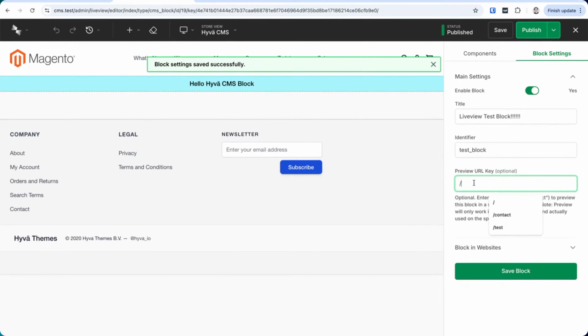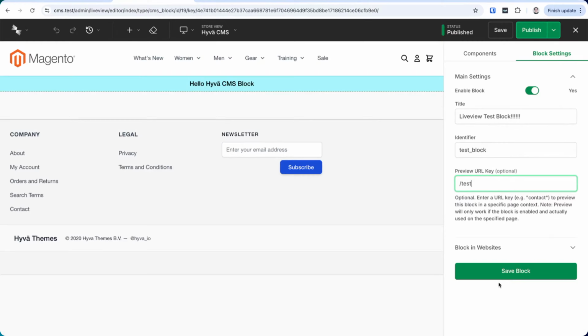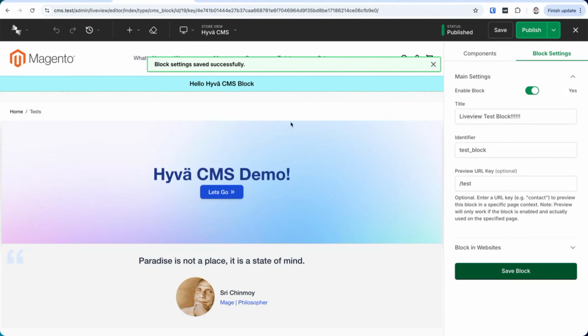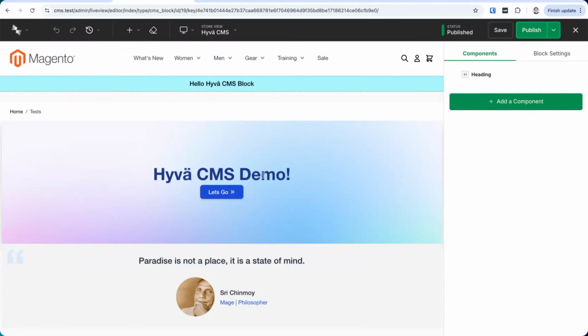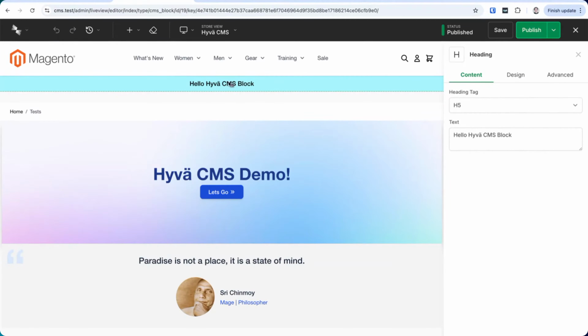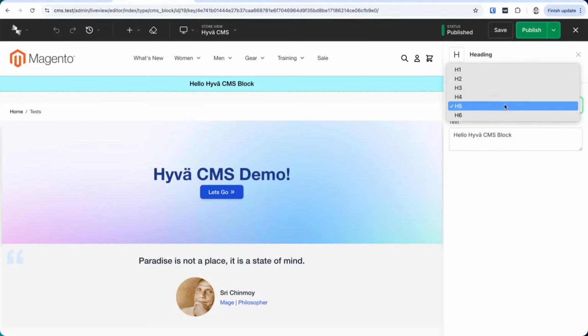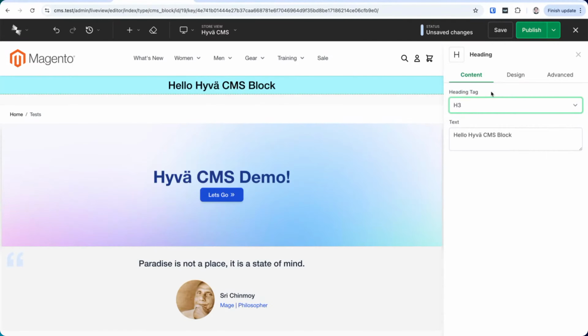Or actually, let's go back to test. Yeah, test, that's even better. Now we've got content from the CMS in 2 places, but it knows I'm only looking at this content here. If I click on this, nothing's going to happen because that's not what I'm editing. There's a little line here so I can see this is the area I can edit. And as I update it, things will change immediately.